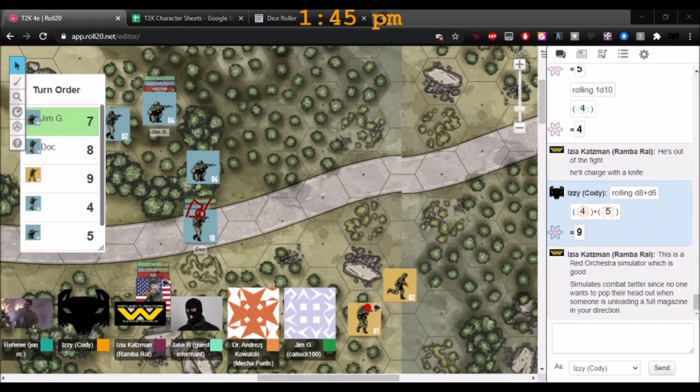They're in cover, so it's like -2. Let's just check the terrain real quick, but we'll call it -1 for that. Plus, we'll say he's a small target, because you can only see the top of his head. So that's another -2. The range is still close?